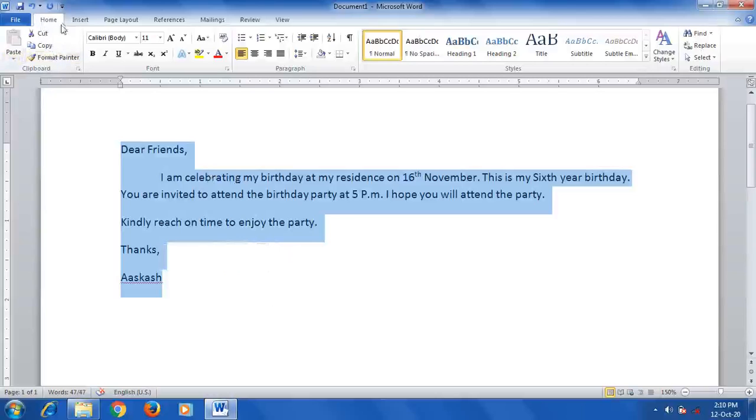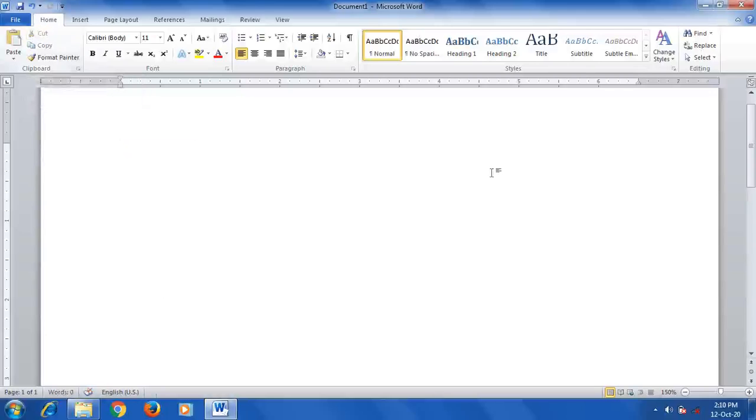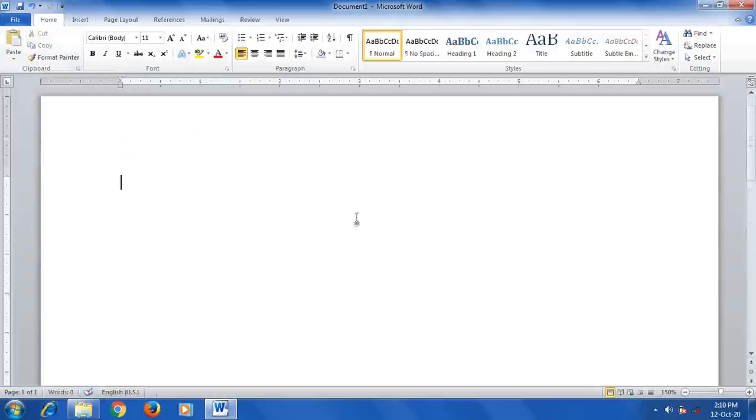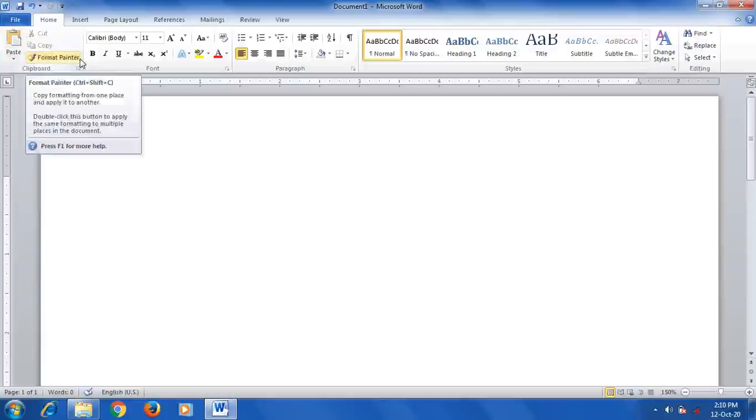This is the Home tab and this is the cut option. Just click on cut. Now when you use the cut option, the text disappears. Now see, the text has disappeared and is not showing in this document. When you cut, the text moves to the clipboard. You can see it, this is the clipboard. The clipboard group has all the cut, copy and paste options.